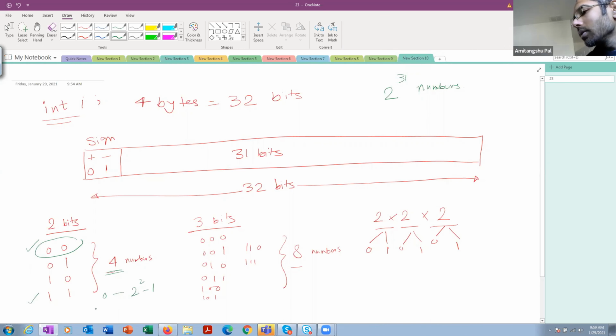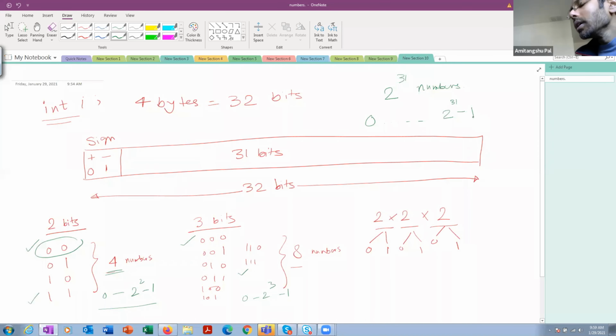This is the range of numbers that you can represent using 2 bits. Similarly, for 3 bits, you can represent from 0 to 7, that is 0 to 2 cube minus 1. So using 31 bits, you can represent numbers from 0 to 2 to the power 31 minus 1 in the positive direction.